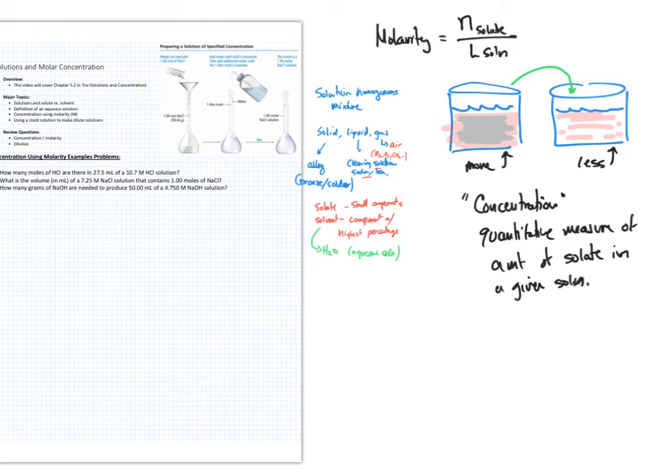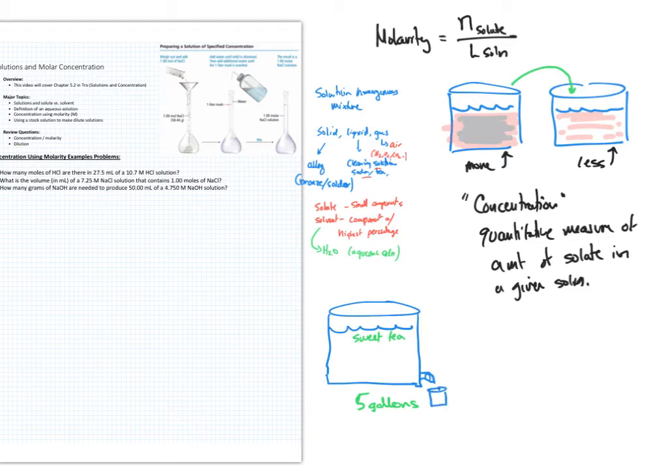Now let me just give a fundamental idea that I think some students have a little bit of a hard time understanding. Let's take this as an example of maybe we're in the South here. Let's say we have some sweet tea. Okay, and let's pretend we have a big container of sweet tea, like 5 gallons. We're in a restaurant or something, and they've made a big 5-gallon container of sweet tea. And you pour out, it's got a little nozzle on here that lets you pour out some sweet tea into your cup. So into your cup, you pour this sweet tea,